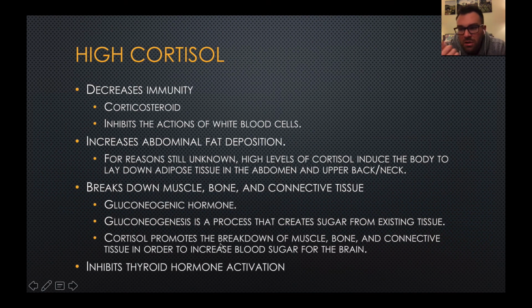Problems with cortisol can decrease immunity, because it inhibits white blood cells. It can increase body fat, or shortage of abdominal fat, I'm not really sure why, but research says it can. It breaks down muscle, so it can be that catabolic state. It's a gluconeogenic hormone, so gluconeogenesis is the process that creates sugars from existing tissues. Cortisol promotes the breakdown of this for increases in